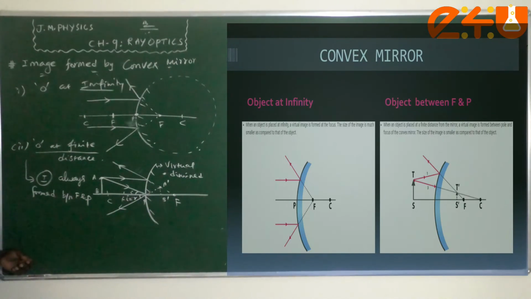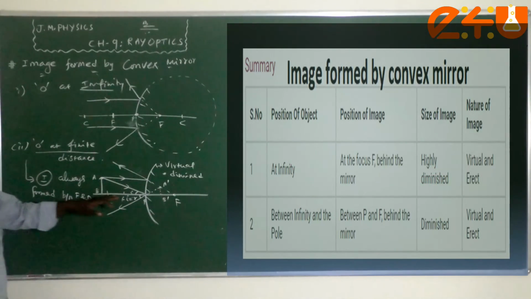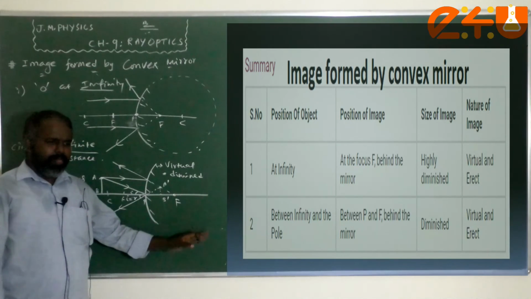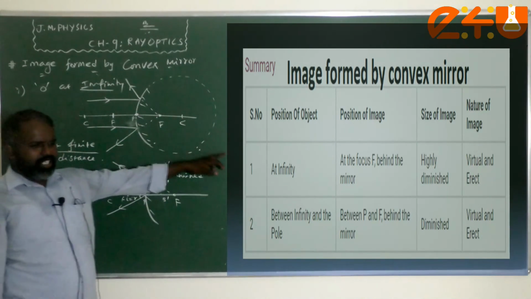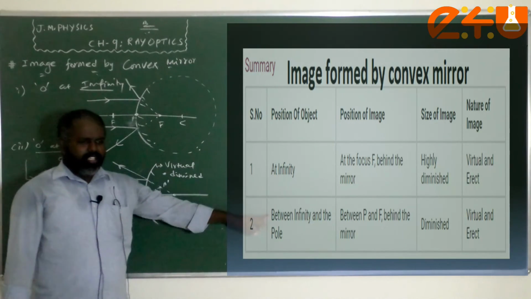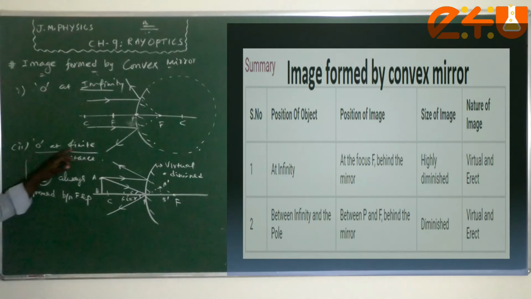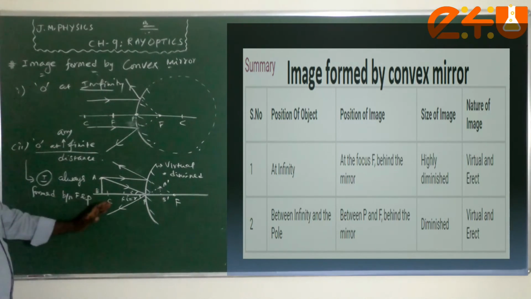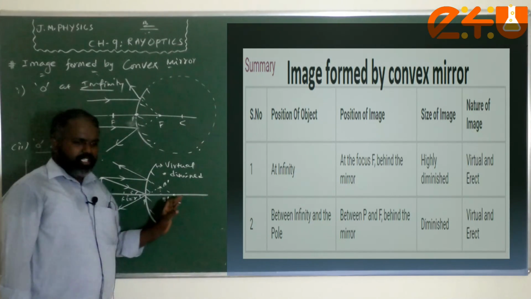As you just see, children, this is the property of the images formed by a convex mirror. The first case is object at infinity. This is between infinity and the pole. That's why I mentioned here it has to be object at any finite distance, that may be beyond C, at C, between C and F, at F, like that. Okay children, in those cases,